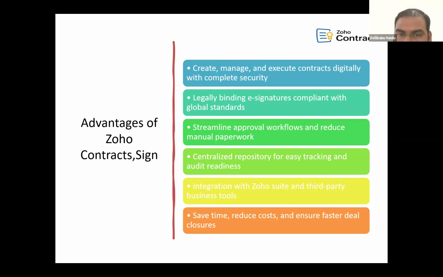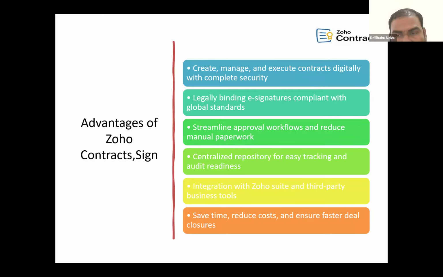That's what I mentioned. Then you can create workflows for approvals. Suppose if there is any agreement, if you want to create an approval mechanism, you can create it internally. One person can draft that, another person can review, or some other persons, maybe more than one, more than two also can review and approve.